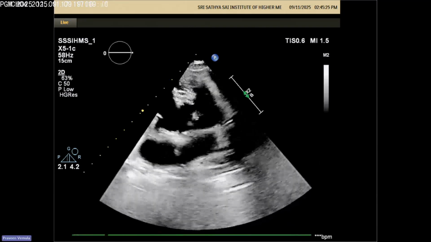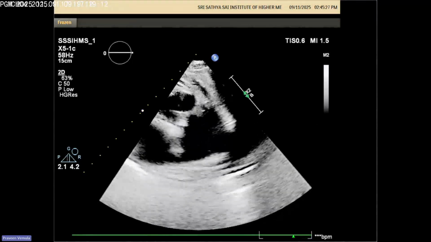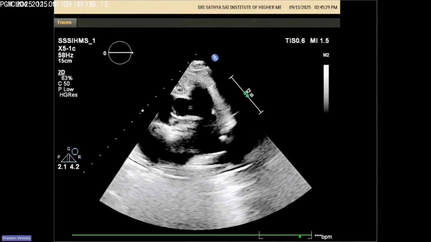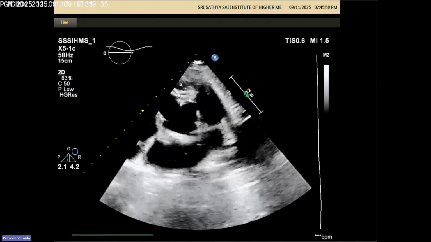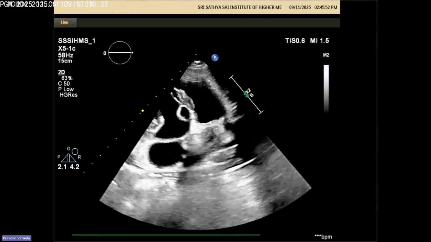What all things will you look for in an echo when you plan surgery for an RVOT obstruction like this? Sir, we have to see the level of obstruction, and PA anatomy is important, like McGoon index and Nakata index, calculated according to body surface area, and pulmonary artery branch size. Arborization is difficult to see in echo. Any other thing do you look for in the echo?